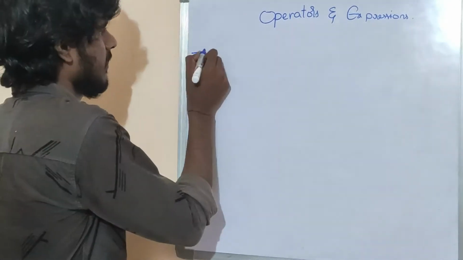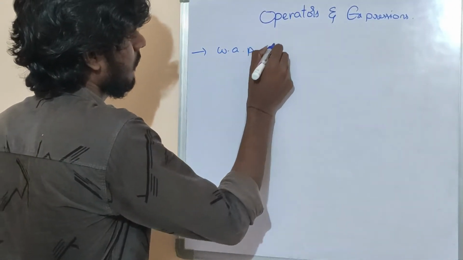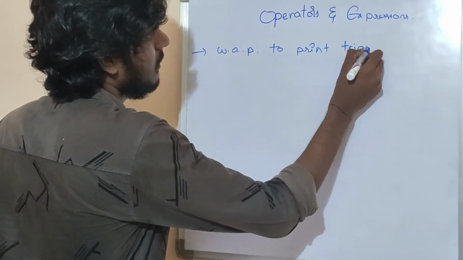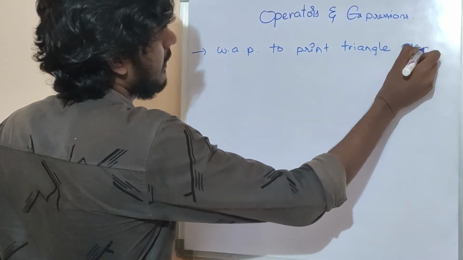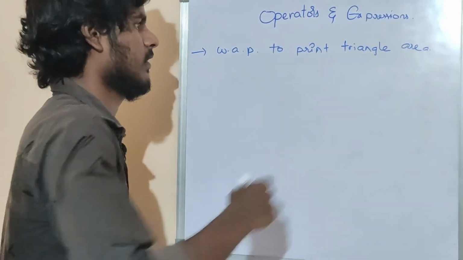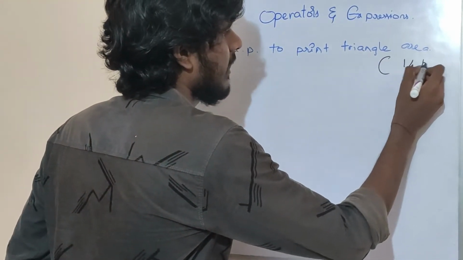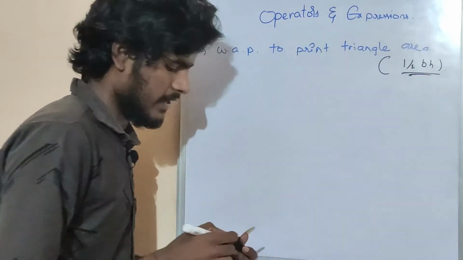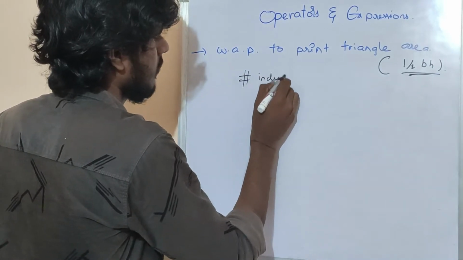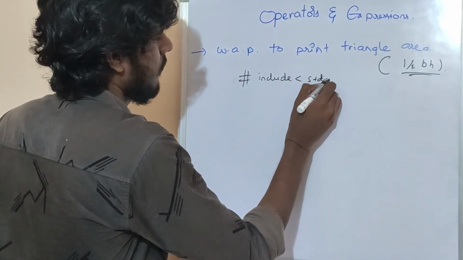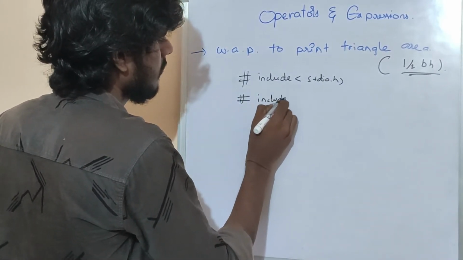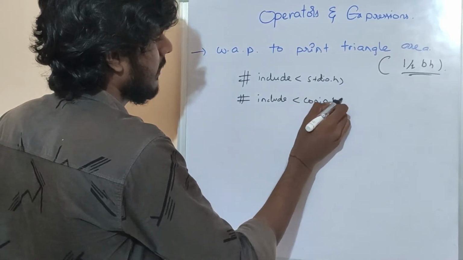Friends, the first one is write a program to print triangle area. Okay friends, what is the formula of triangle area? Half of b h. Okay, let's see. #include <stdio.h>, #include <conio.h>,